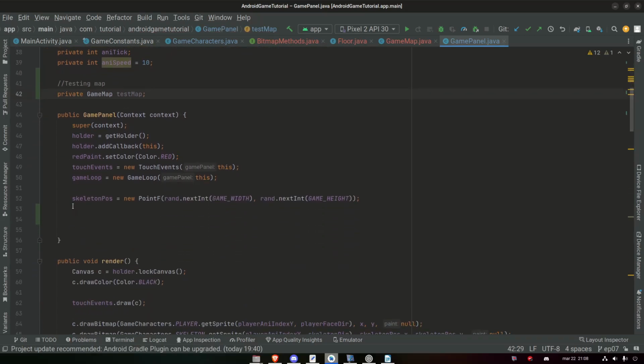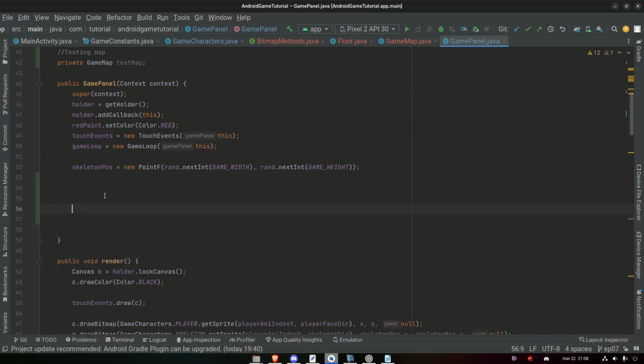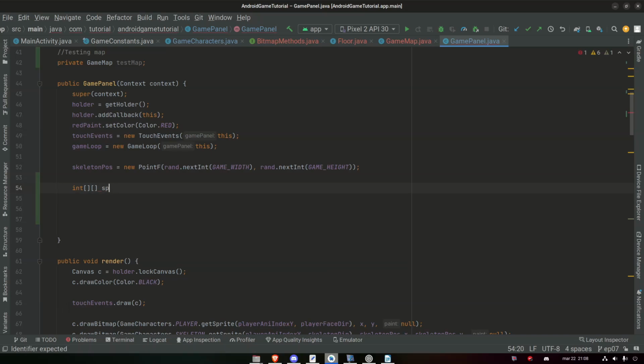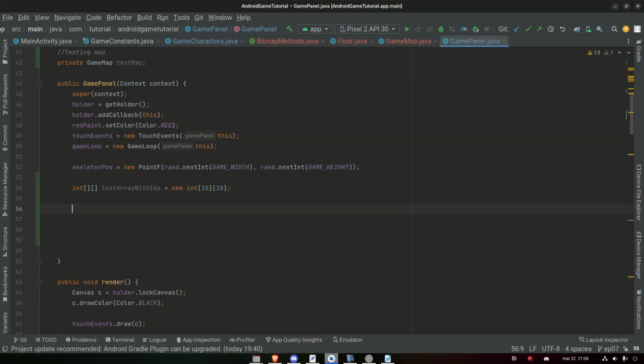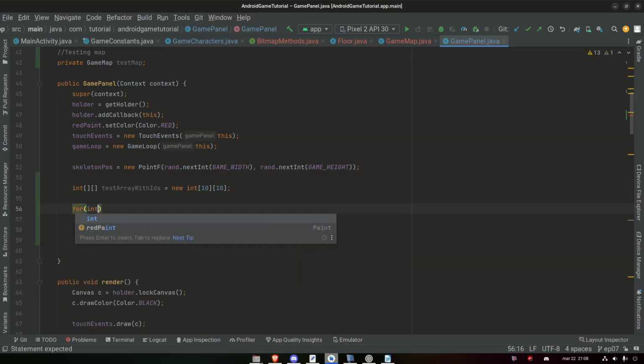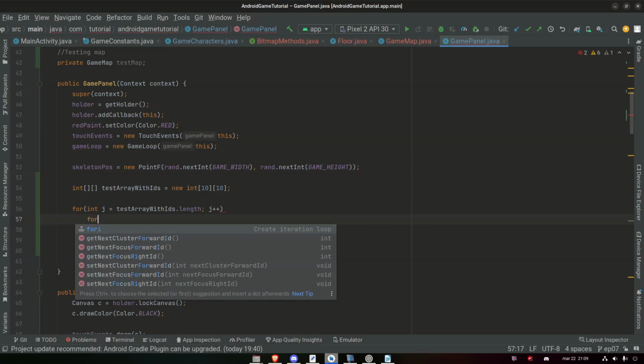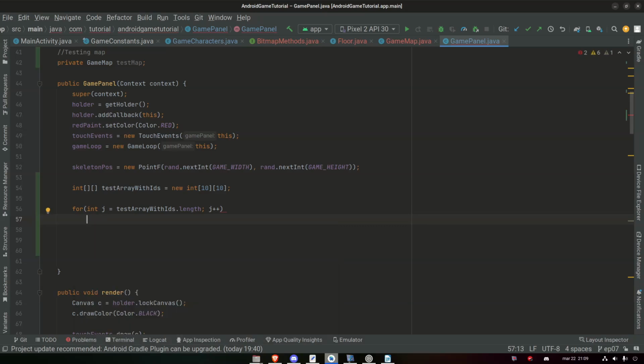And we can come down here to our constructor, and under our skeleton position here we can create an integer 2D array, and we're going to call it testArrayWithIDs, which is equal to new int, and we're going to set it to 10 in height and 10 in width. And now we just need to fill it with values. The simplest is to do a nested for loop. So for int j equals testArrayWithIDs.length, j++. And of course we could do a for int i here as well. But since we just want to fill it with the same value, we can just say